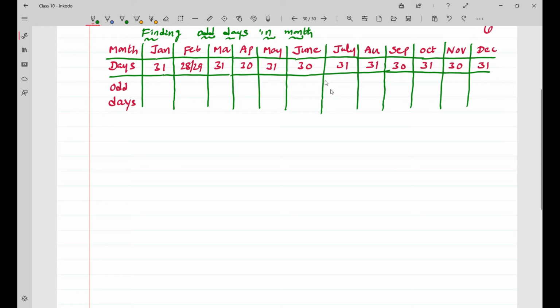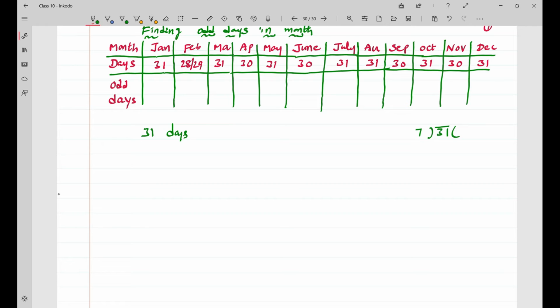Now let's see how to find out odd days in a month. Here I made a table for month and number of days. Now I'll tell you how to find out odd days in every month. Firstly, let us check when there are 31 days. How to find out odd days? 31 divided by 7. Why am I taking 7 here? Because in a week there are 7 days. 7 4s are 28. So I got remainder 3. Therefore odd days